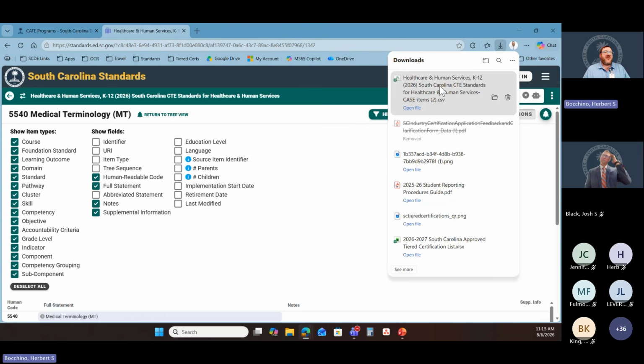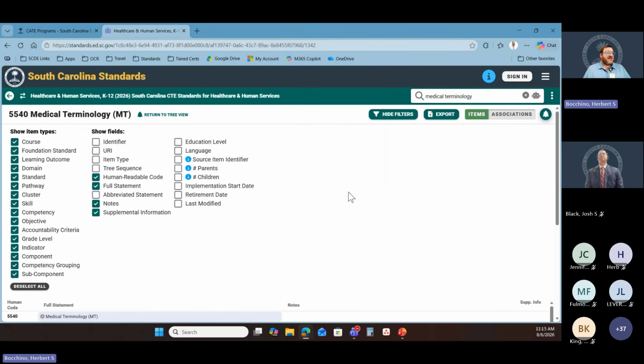Opening up the standards in the CSV format, I think, is going to be easier if you would like to copy and paste any of those standards and indicators into a different document, or like if you have your daily lesson plans and you copy the standards into that. I think that's going to be easier for copying and pasting than a PDF. Sometimes PDFs can be wonky when you go to copy and paste from those. But that is essentially